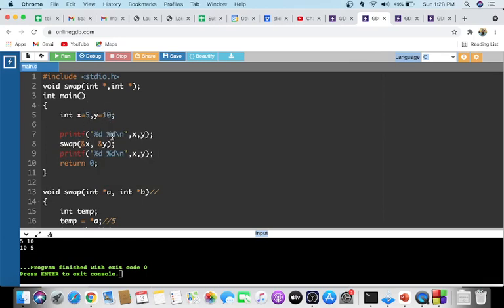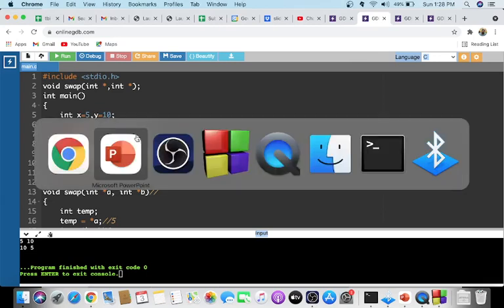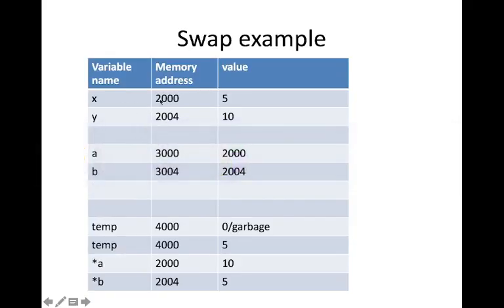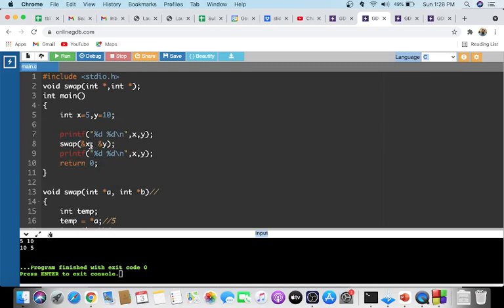Okay. So what happens is x and y will be in some address location. Maybe in 2000 and 2004 it will be 5 and 10. Now what we are doing, ampersand x and ampersand y, we are passing the address. So a and b will contain address of x and address of y.